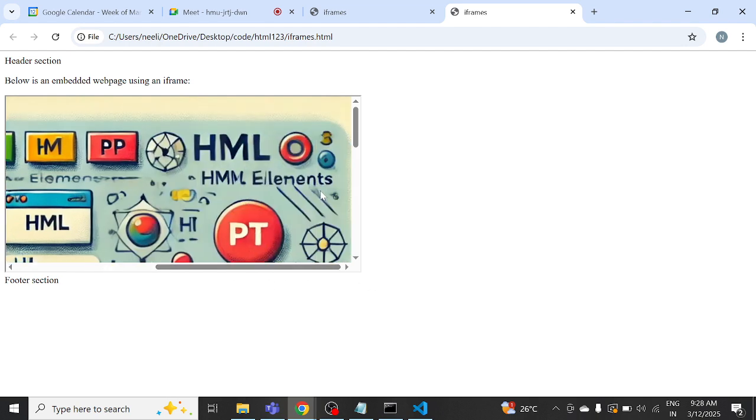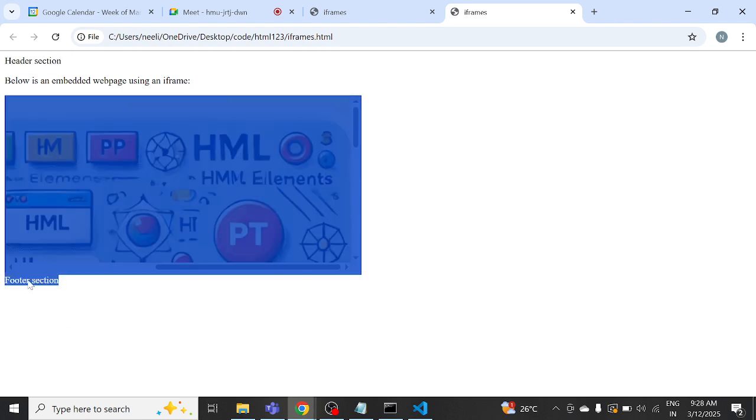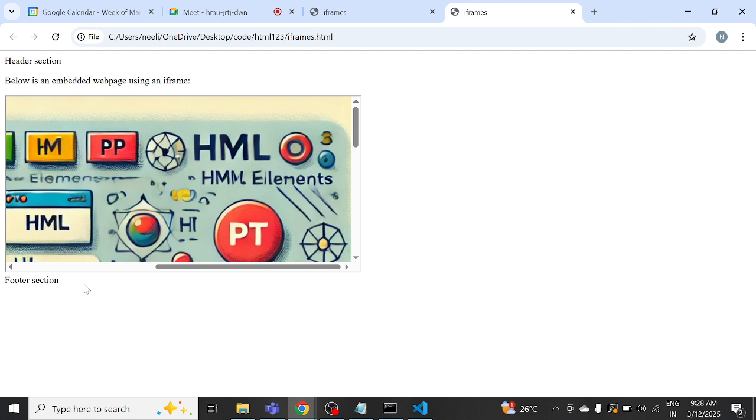Is it clear, everyone? So this is the footer section, and this is the paragraph we have added, and the header section. Okay, so you can use CSS using the ID. ID is the primary thing, and the ID will be unique. Okay, we don't want to